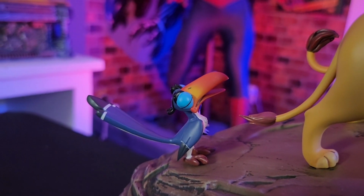Sarabi looks really good as well. Again, the sculpt looks really good. The paint applications are good. She's a little less tan from Mufasa, as you can see here, but man, they look really good. Mufasa's mane looks absolutely gorgeous. You're gonna see all the detail, all the strands and stuff in the sculpt, so they did a really good